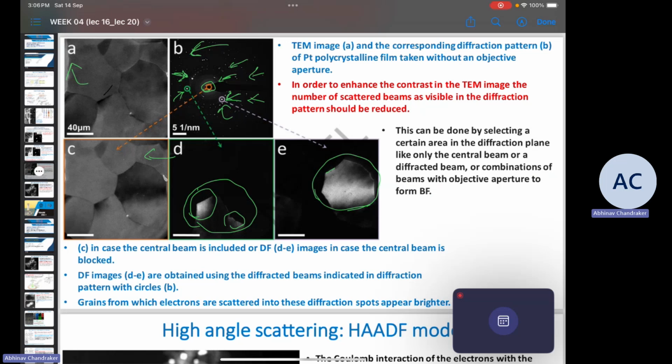Yeah, the question was on this. So Shibayan sir had explained that in case of this example, where we have a particular specimen,